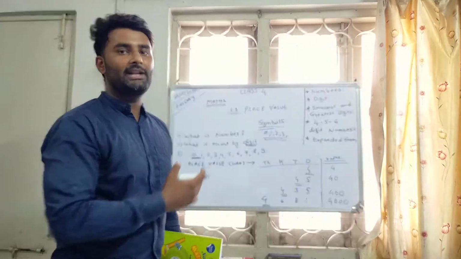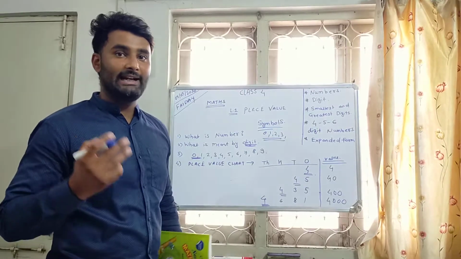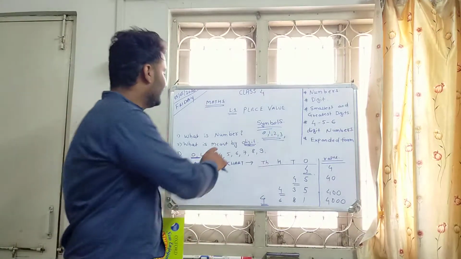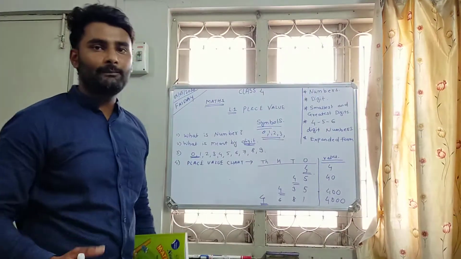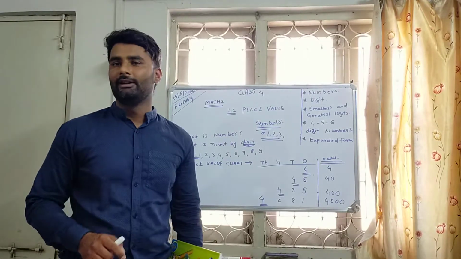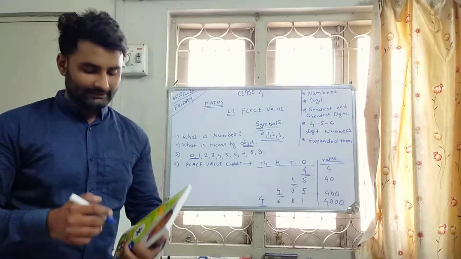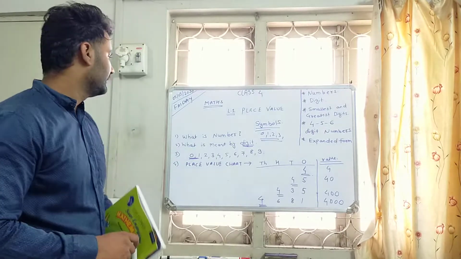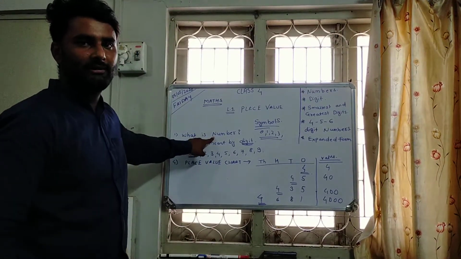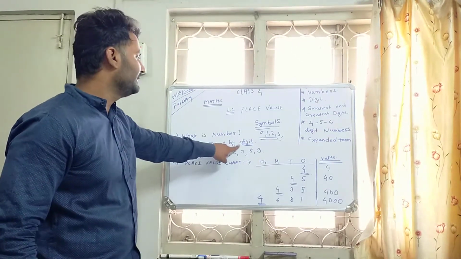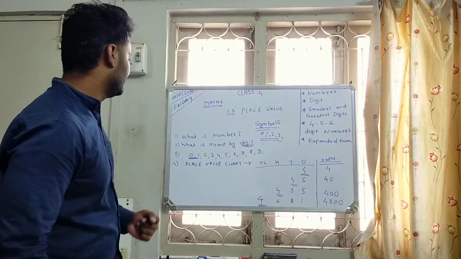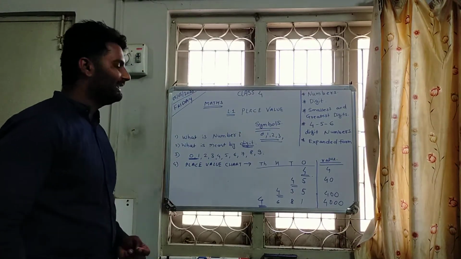These symbols are used as digits, and digits are used in numbers, and numbers help us to read and write something that we can see in our day-to-day life. There are so many things that require numbering. Okay, so we know about numbers. Numbers are digits. Digits mean the symbols which we can represent, and after that, the place value chart.